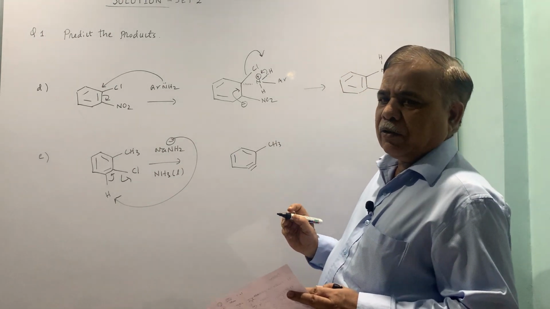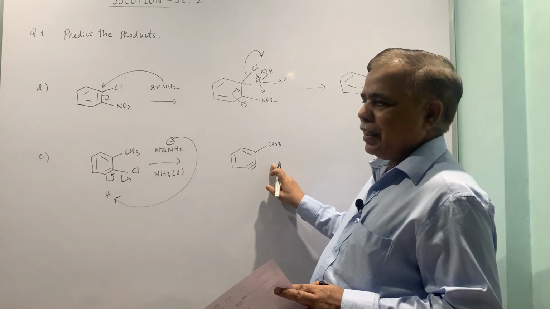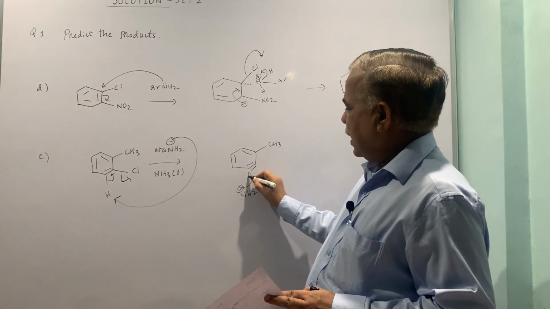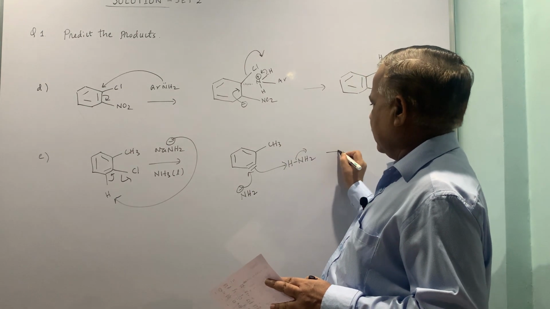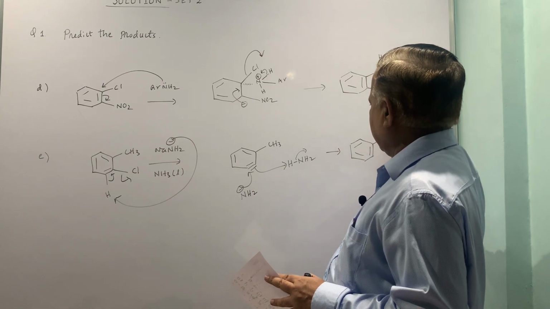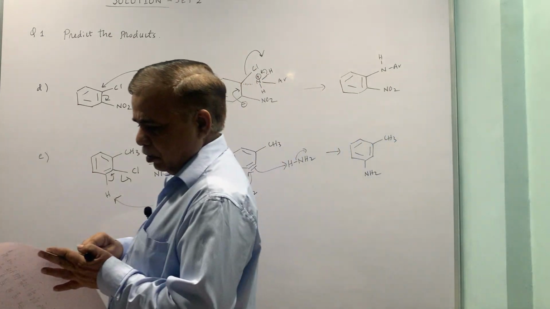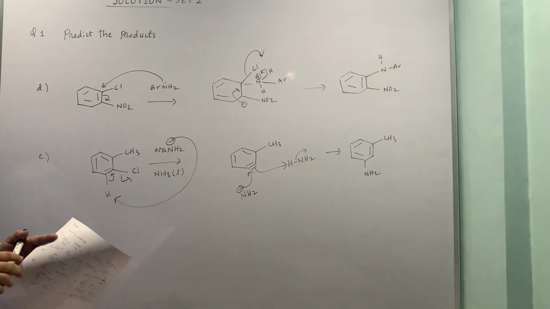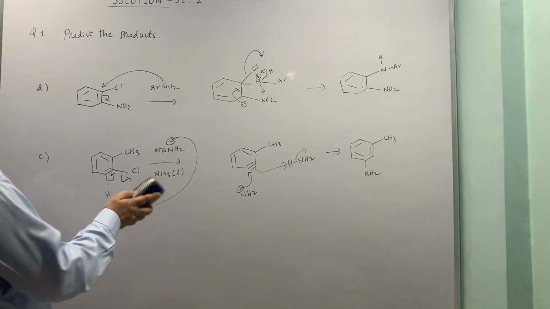and the preferred attack of nucleophile in the second step will be at meta position and not at ortho, because that is sterically hindered. So NH2 minus can attack, and this in turn can take up the proton from ammonia, and what we have in our hand is the substituted product, but the substitution takes place at meta position. So the overall product is the meta anisidine, where the 3 position has NH2.